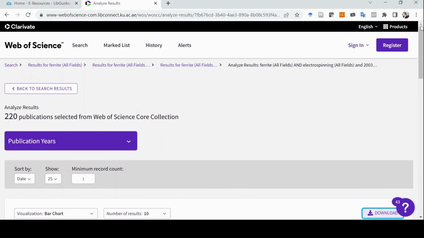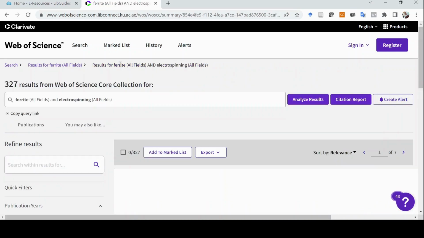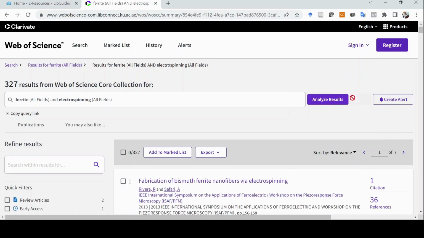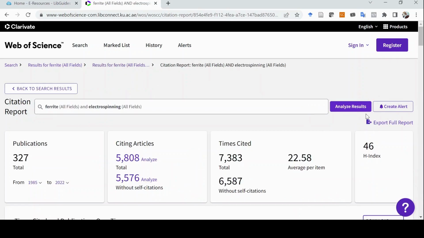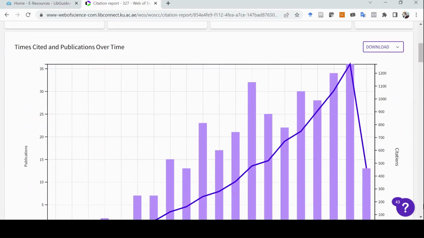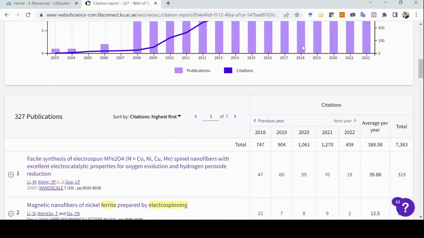You can also try to download the citation per publication year. What are the citations you have in each of these years? So you go to your results again, citation report. I have my citation report. Then you come down, you see your graph. So as it is now, from